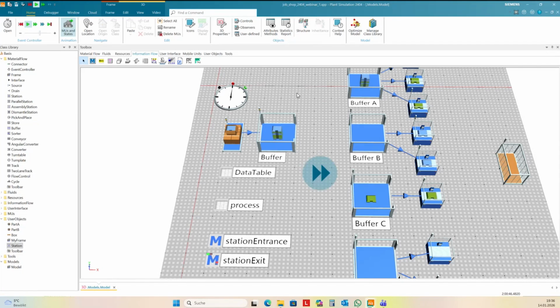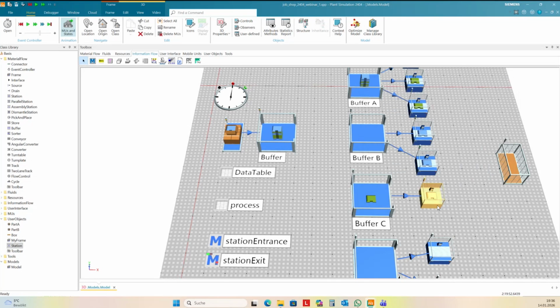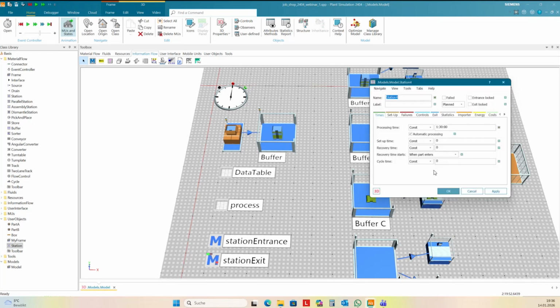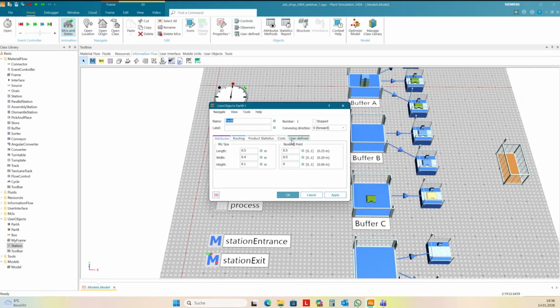So you can now look for the right operation numbers here and the right parts and the right times. Here it's washing, it's only 20 minutes. And here it takes 2 hours, I guess, or 1 hour 30. You can check the operation number here.